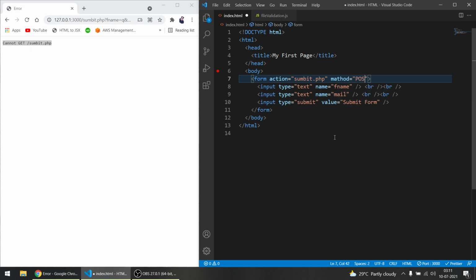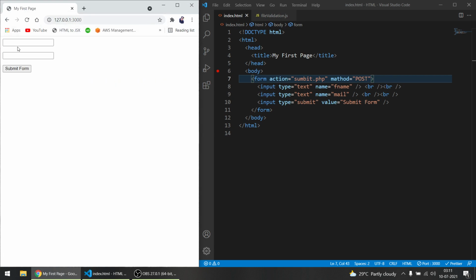You can either use post or get; get is the default. If you don't write it, like this time, I have submitted the form and it made a get request. Now we'll make a post request. For the same thing, when you're submitting something, always use a post request. Now you'll see one thing different. So if I say John and